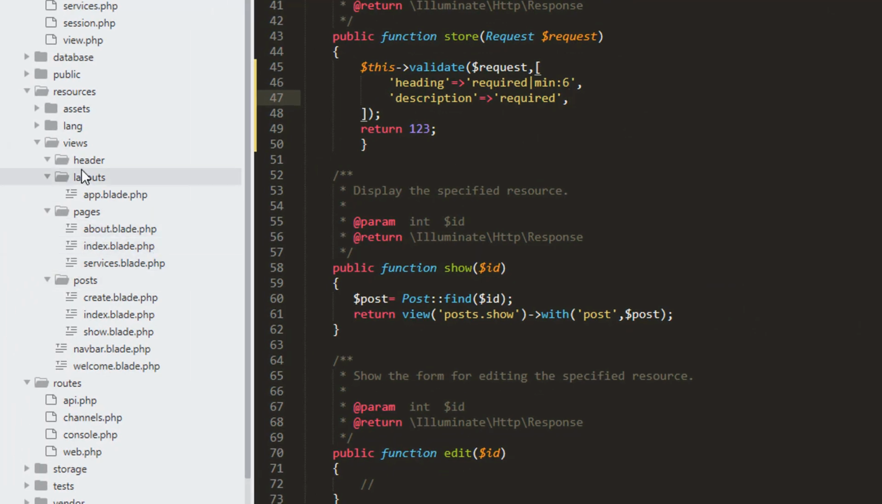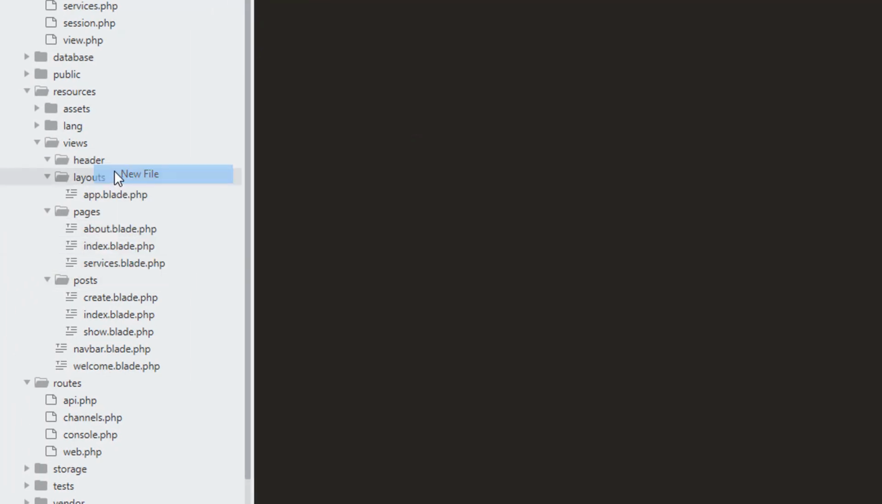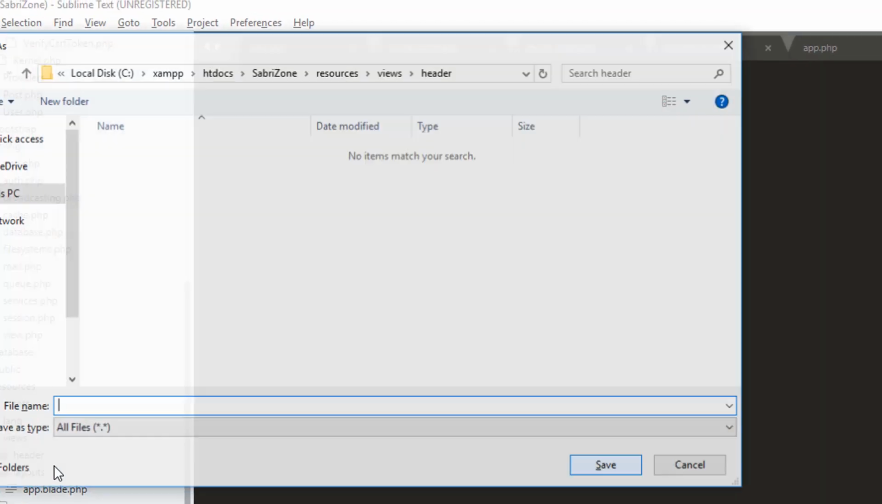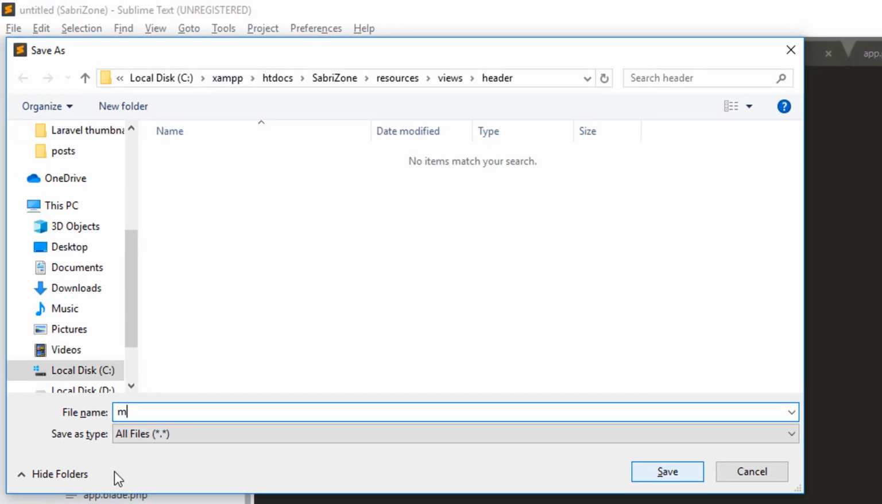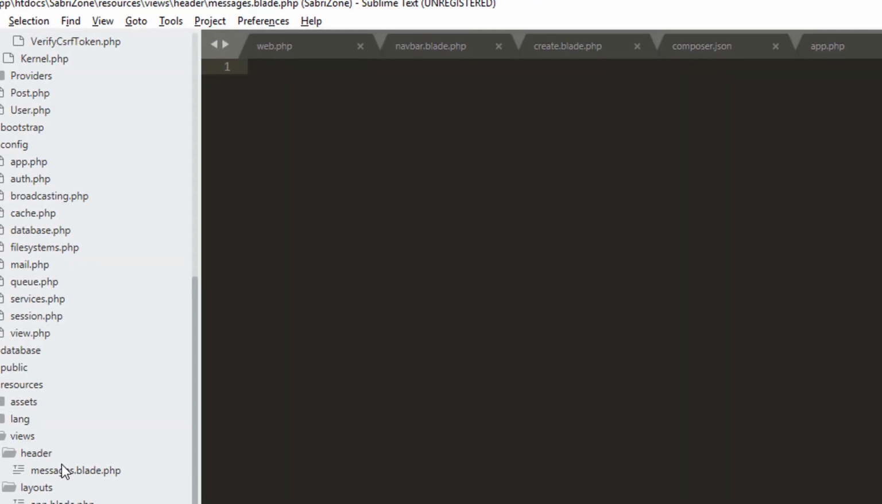I will go to my header.blade.php and I will create a new file, and I am going to save it as messages, Messages.blade.php. Okay, now save this file. So inside this file, first of all, I will check for errors. So I will check if